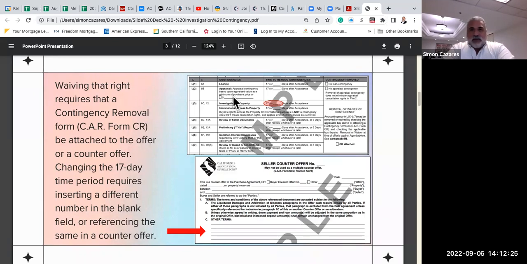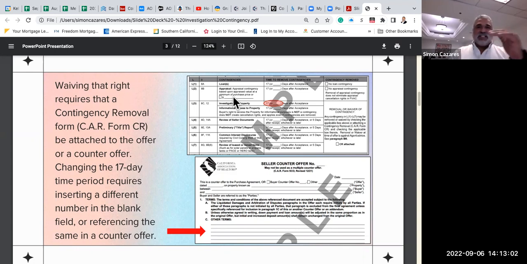Then you're going to use the seller counteroffer and you're going to say that the loan contingency section L1 8A shall be 17 days or shall be 10 days as an example, right, of loan contingencies, especially if they increase the time, because it's already set and default at 17 days. So again, you can be as creative and as great as a negotiator, making sure that you do understand your position and also you're examining these forms, because I've seen agents,